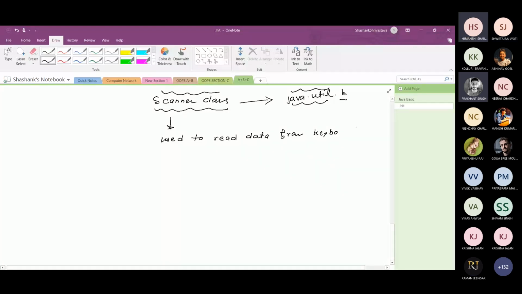So we will see how the Scanner class is used to read the data from the keyboard. So what will the Scanner class do?